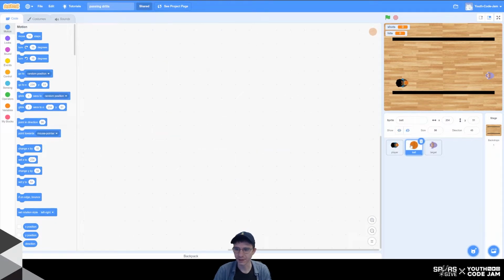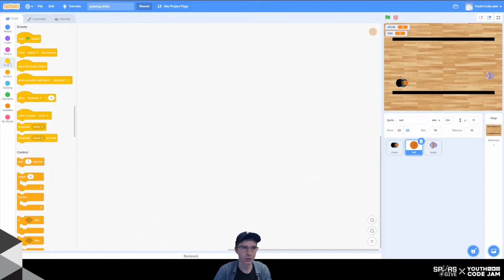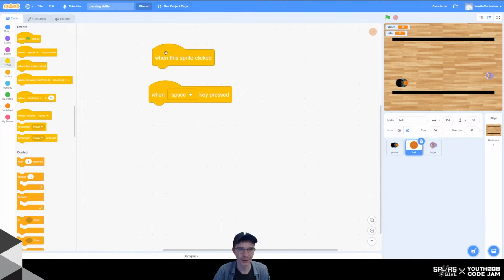So we have a ball sprite that's going to be traveling from our player sprite towards the right side of our stage. And the first thing that we want to do for the ball sprite is get an event block that will trigger our pass. So if you are using a mouse and keyboard, you can use the block that says when space key pressed. If you are using a tablet with a touchscreen, you may want to choose when this sprite clicked, and then you'll trigger your pass by clicking on the player or